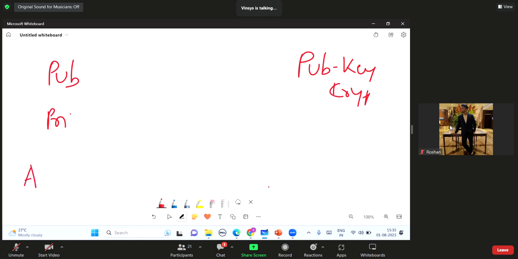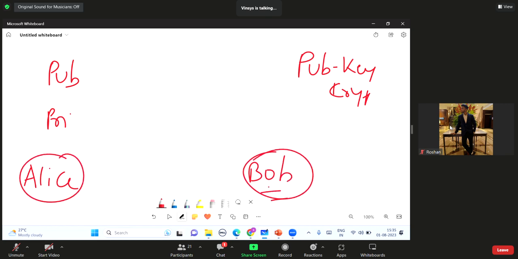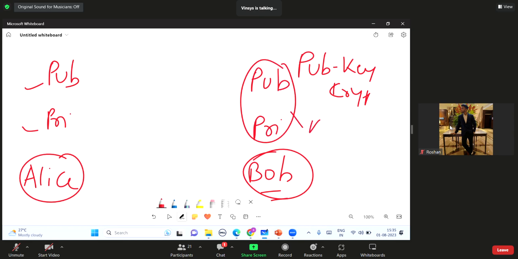Now, let us say this is Alice, who is the sender of the data, and this is Bob, who will receive the data. These two people want to communicate with each other, but securely. So Alice will have her public key and private key. Similarly, Bob will also have his public key as well as private key. This is the key pair of Bob and this is the key pair of Alice.